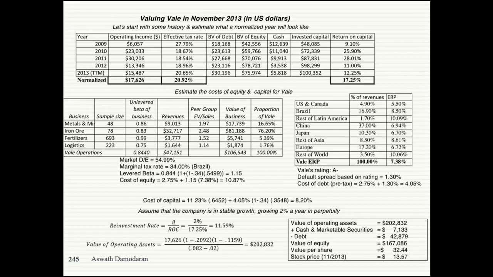But if you believe that a normal year requires you to go back 25 or 30 years, then Vale starts to look less valuable. In fact, in my most recent valuation, I actually take the last 12 months where iron ore prices have essentially hit what they used to be in 2004, and I've used that as my normalized number. I've said, this is it. This is my new normal. I can't be hoping that I bounce back, because there isn't going to be a bounce back. So my definition of normal has actually shifted as I keep watching what happens to iron ore prices,